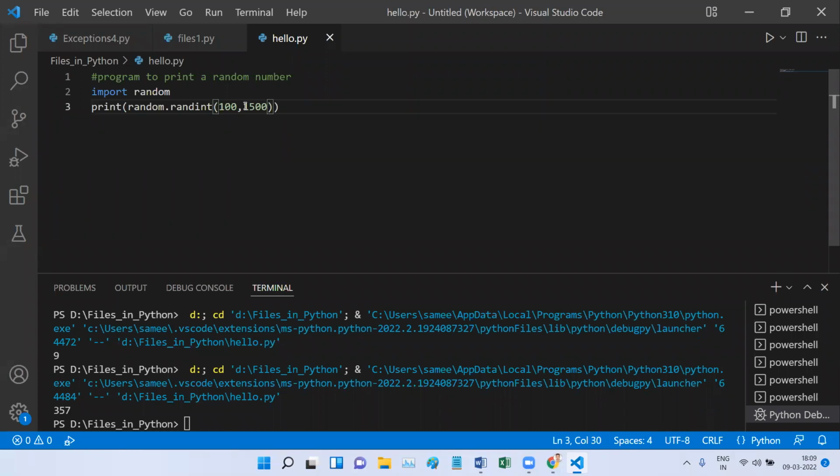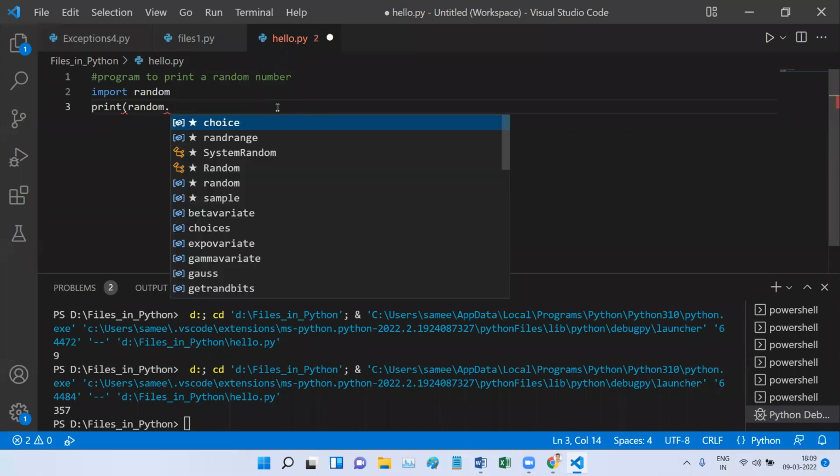Whenever you install Python, all these functions are available. If you want to use that module inside your program, you just have to import it, like we did in our previous program. And one more thing I have taught you: if you want to learn what other methods are there inside this random class, just write random and put a dot.